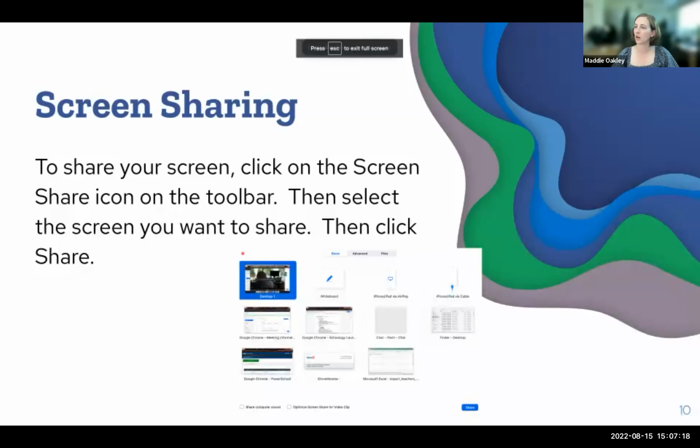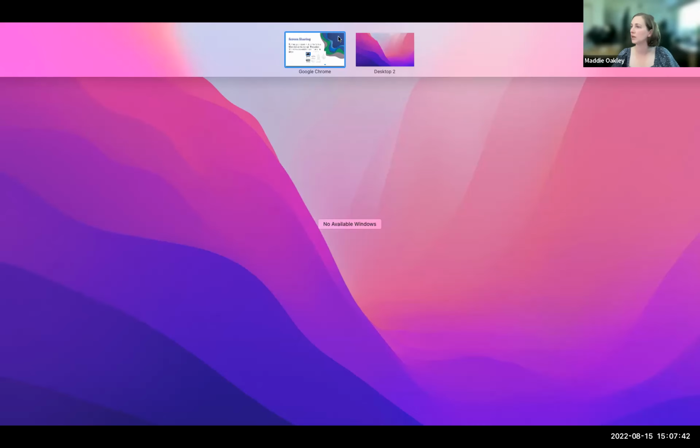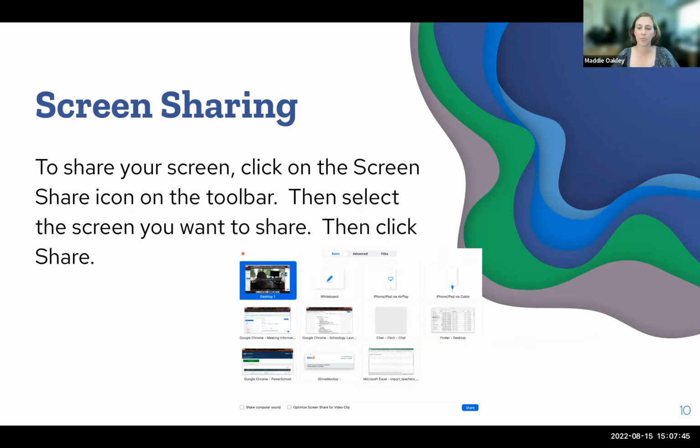All right, so the first thing we'll talk about is screen sharing. So when you are the host of a meeting, or sometimes you'll have the option during a meeting that you're a member of as well, you have the option to share your screen. I'm trying to figure out my controls real quick for video. It's fine. Pete, will you just make sure to tell me if anyone needs something? Because I can't see the participants video. So feel free to interrupt me if needed, okay?